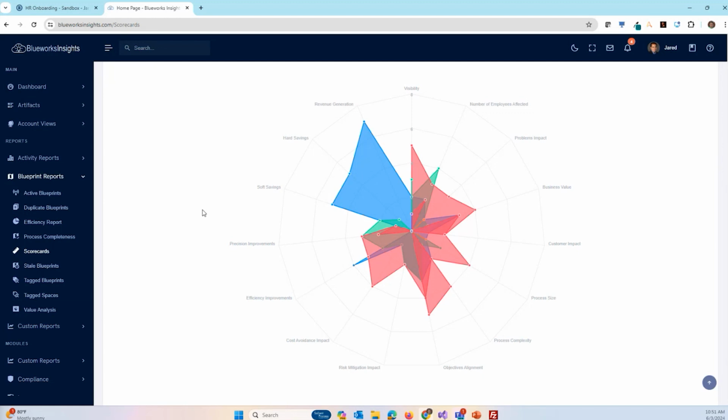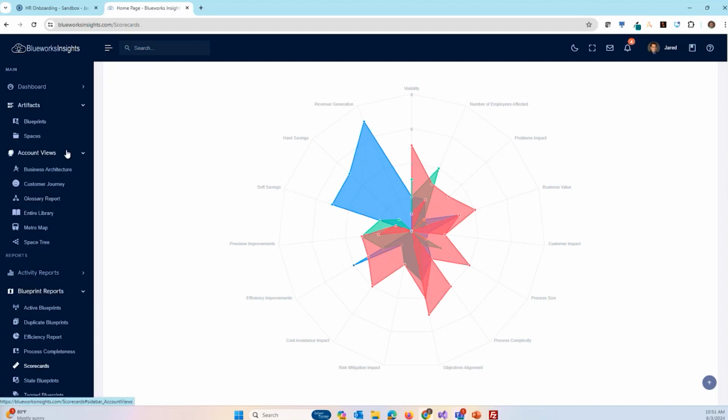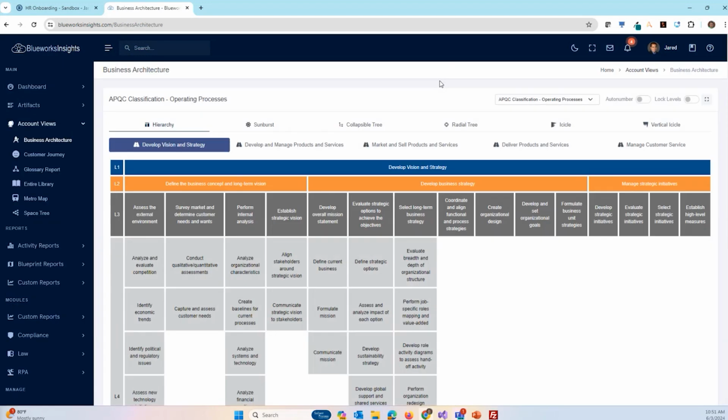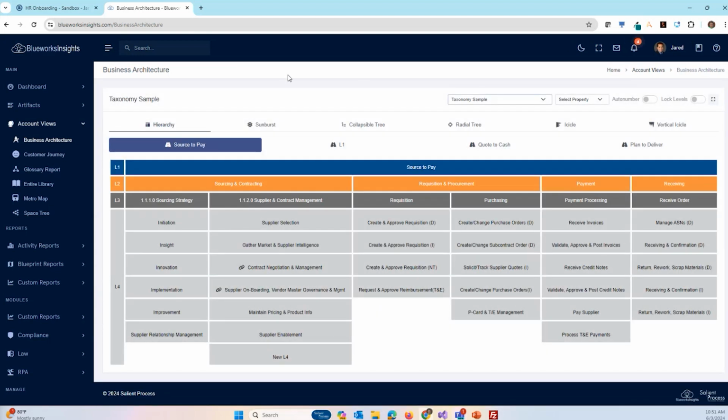A few other things that I'm going to touch on, then I'll leave time for questions because there's a lot in here to cover, as we saw in the feature report. But things like looking at the taxonomy view, right? This is a big one because if we want to be able to organize our blueprints into a taxonomy, traditionally we can use spaces to do that, but now we can use a discovery map to do that and align maybe to the spaces, but really to act as our table of contents that not only has the hierarchies, right,